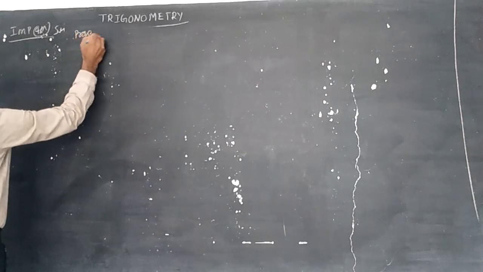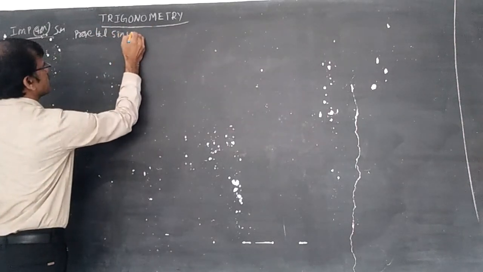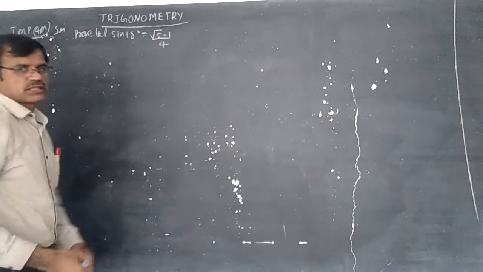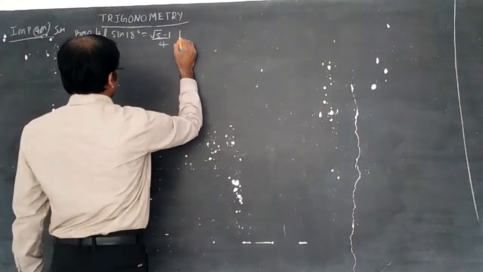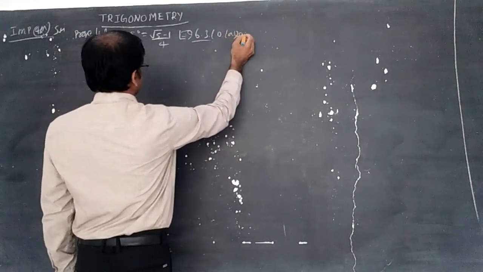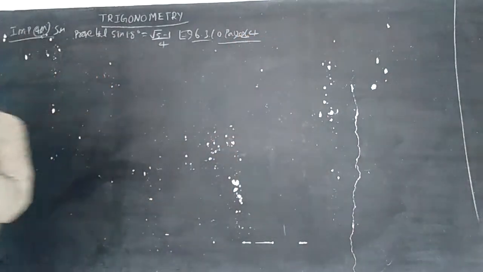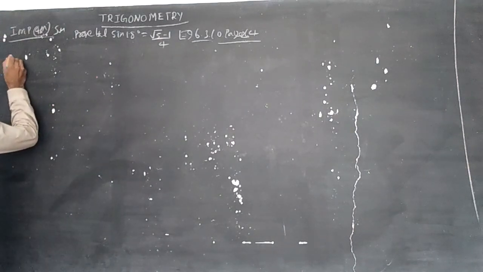Prove that sin 18 degrees depends upon the multiple and submultiple angles. One day I said the theorem, everything in theory depends upon multiple angles. I'm going to discuss with you the example. Page number 264, 6.3.10, this is the example. Page number 264, example 1: prove that sin 18 is equal to root 5 minus 1 by 4.